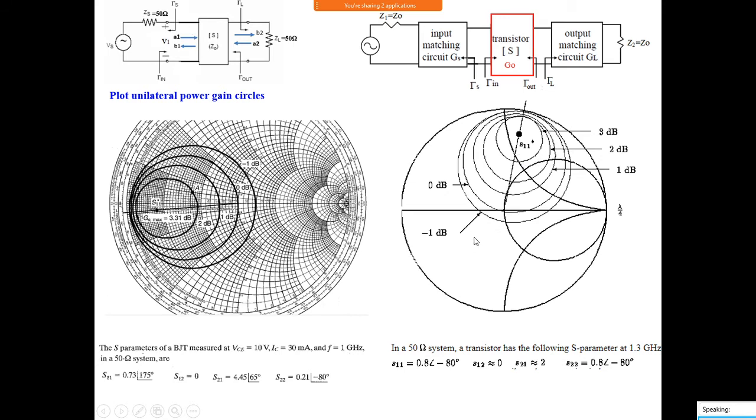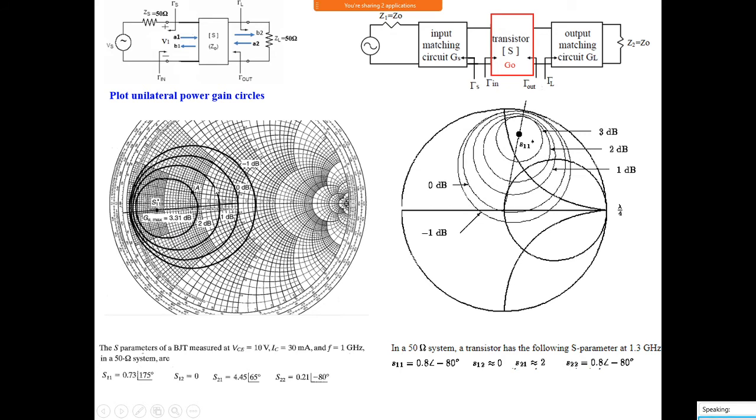Okay, actually, a few more things are there. We will see that next in stability. Which value do we have to choose? Can we take any value over the circle, or which value actually do we have to choose? One more thing is there, that is called stability. There we will see. But presently, to get a 2 dB gain, for example, you should choose this circle. Okay, you take any value over this.